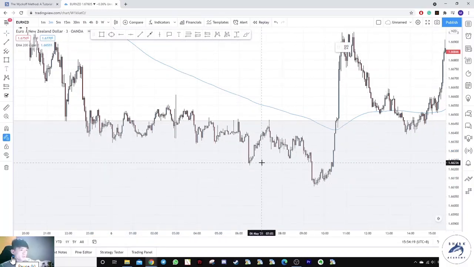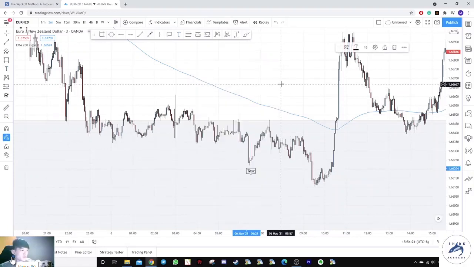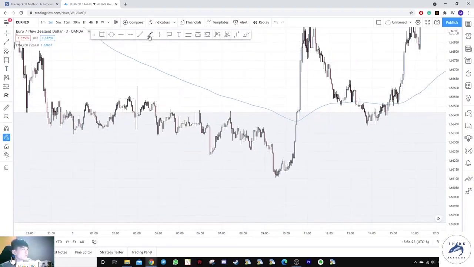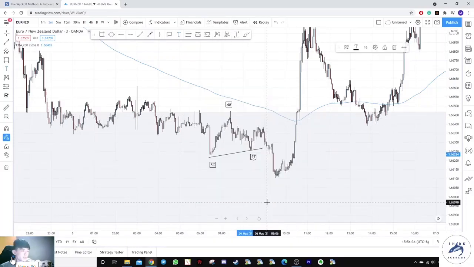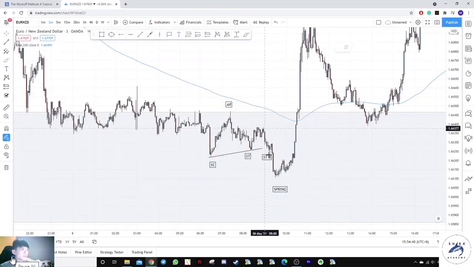So for example, look for the double bottom, which is here. So this is a trend line, correct? And we can place this as our selling climax, automatic rally. This is your ST, this is your STMP, this is your spring, correct? And you can see this huge move over here.